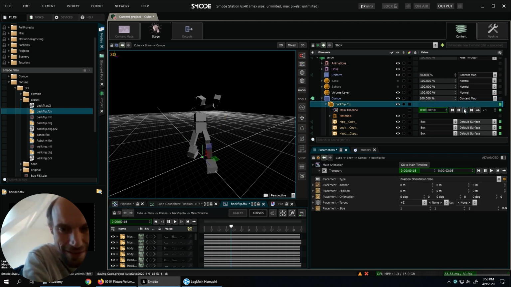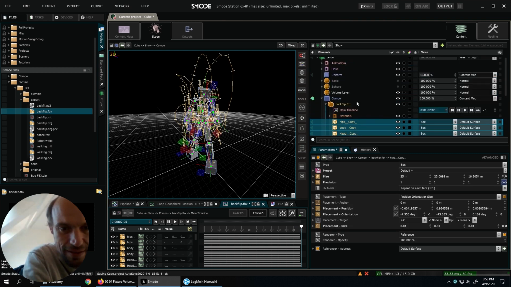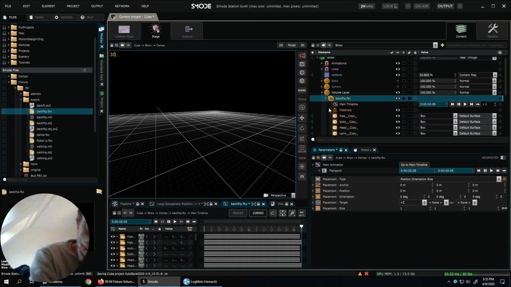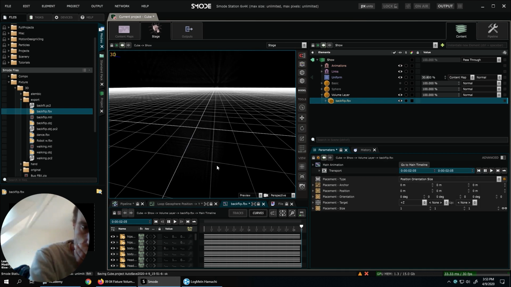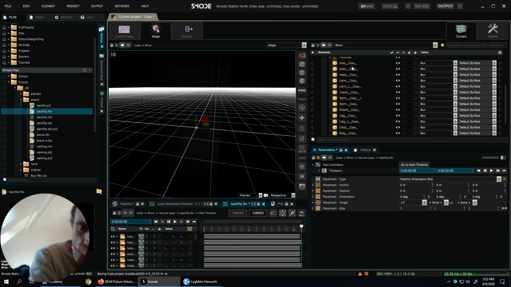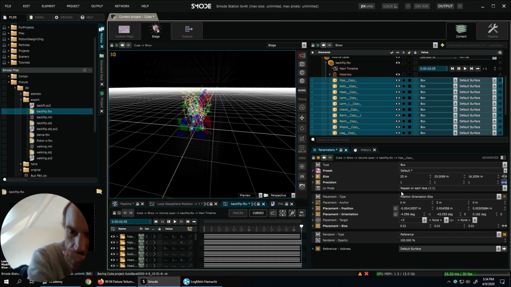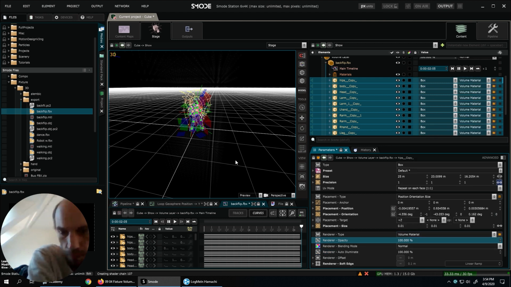So now that I have settled the size of the character, I will transfer it into the volume layer. We can see it's not working again. And why? Because for now we have a reference renderer, which with reference is a default surface, but we're not working with surface now. We're working with volumetric. So let's take the volumetric material.